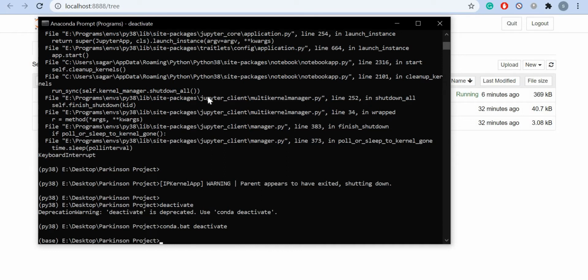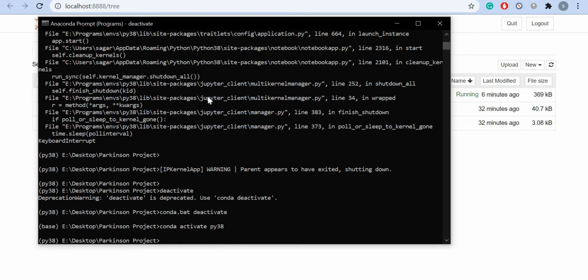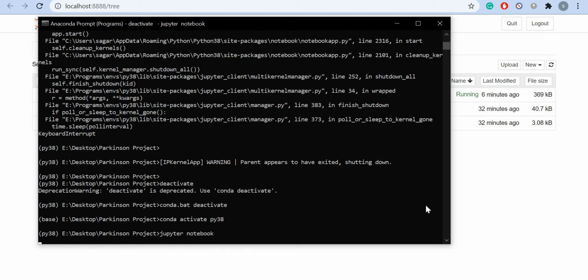For my Conda, I'll write conda activate and the name of the environment which I want to activate, and this is the command for activating the environment. If you see over here, you're having something called base, and here we're having Python. This tells us that we are inside our environment. So here I'll open my Jupyter Notebook, and we'll go ahead with that.